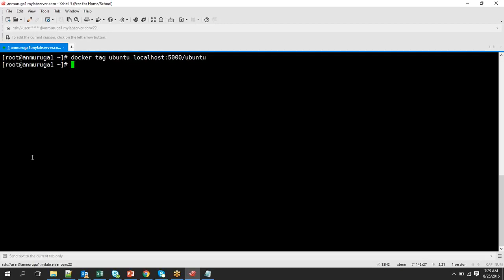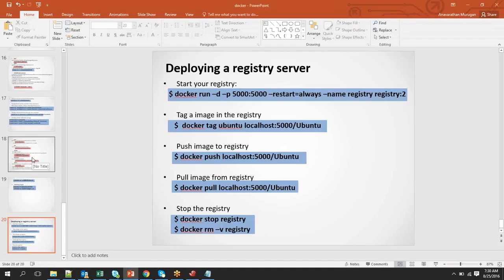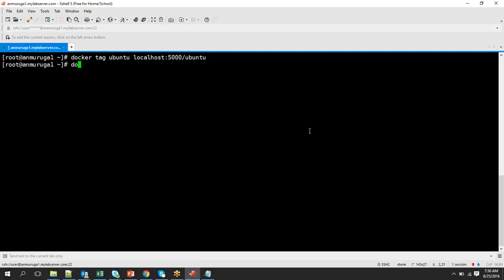After you have tagged, the next thing you need to do is actually push the image to that registry server to store it. To do that, we use the command docker push. Again, with docker push, you specify where exactly you're trying to push the image. That means you have now created a reference in the registry server for this image. Now that image will be stored permanently by taking the content from the local machine to there. So if you just say docker push,